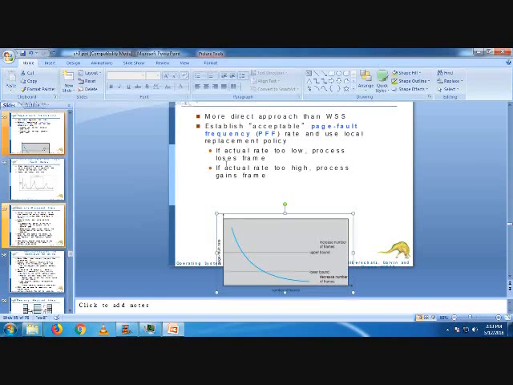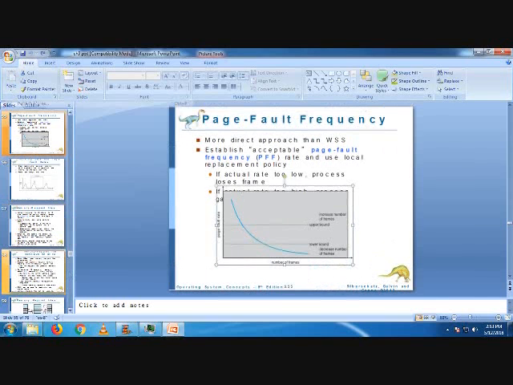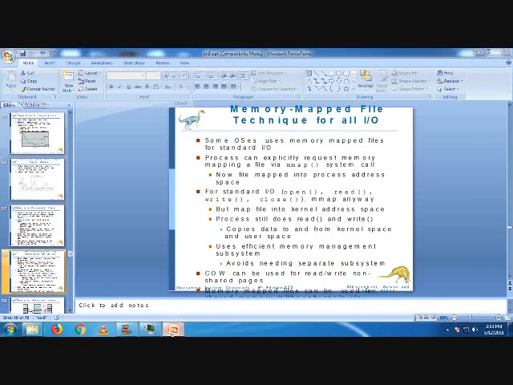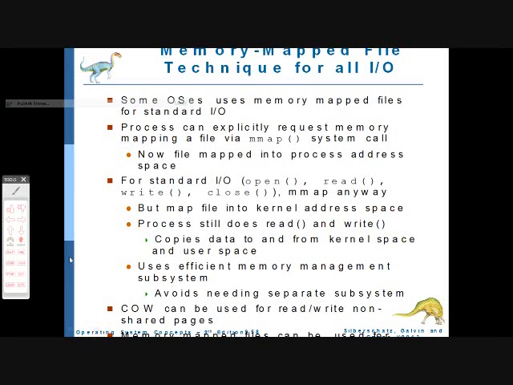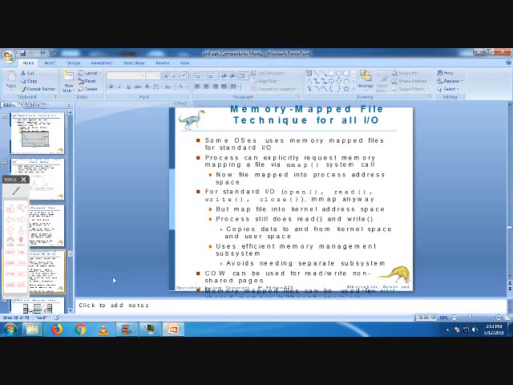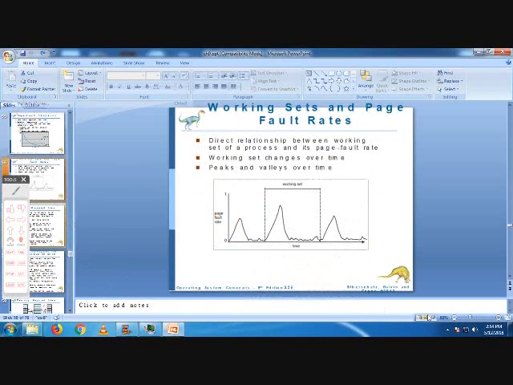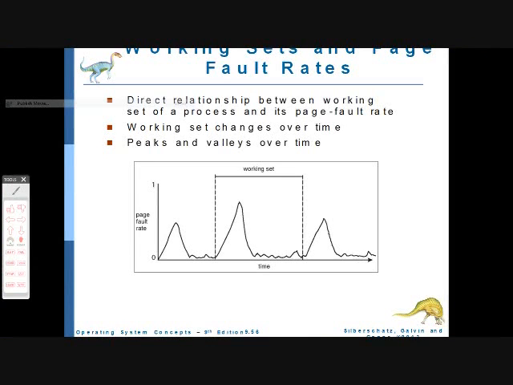And also another thing about page fault frequency. If the actual rate is too low, then the process loses a frame. If the actual rate is too high, then the process gains a frame. So this is some sort of a rule of thumb for the page fault frequency. Another for this one,